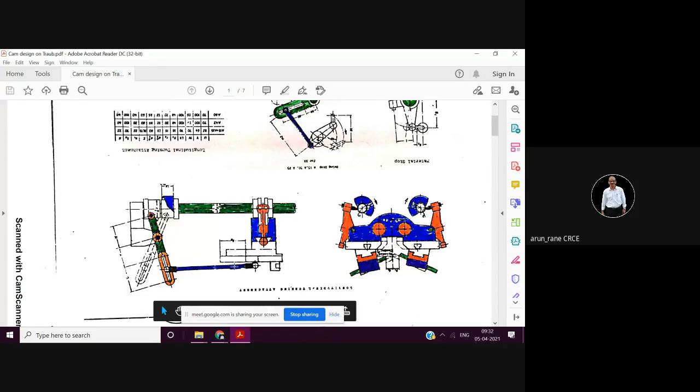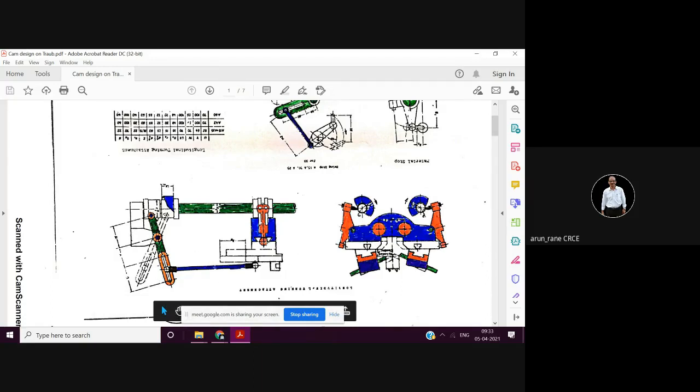And these linkages are connected to the cross slide. Now, the moment this rotates, in this groove, this roller will start moving. And what will happen? This link will move like this. So that means this rotary motion is converted into reciprocating motion.